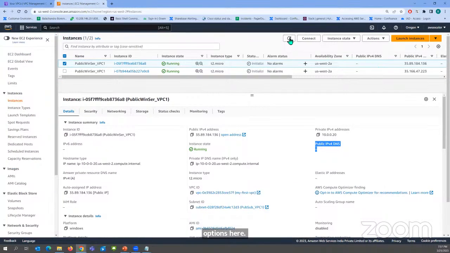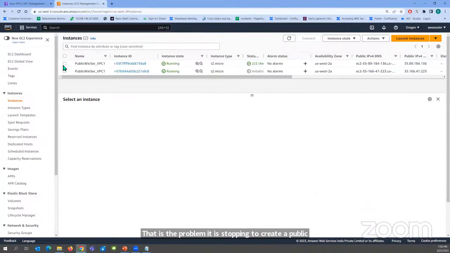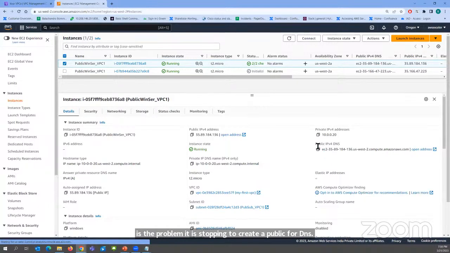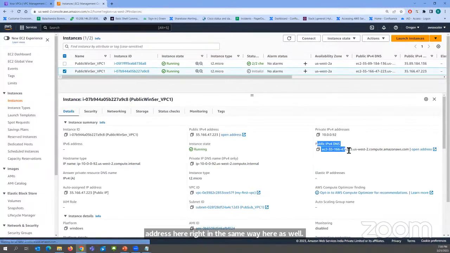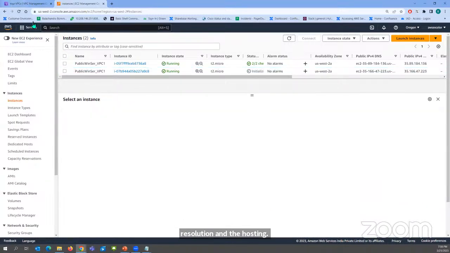Okay. Let me try to see this. See, it got the public DNS address here, right? In the same way here as well. Now see, the public DNS has come up. If anyone is trying to do that, please configure the public DNS resolution and the hostname. Okay, so public resolution,